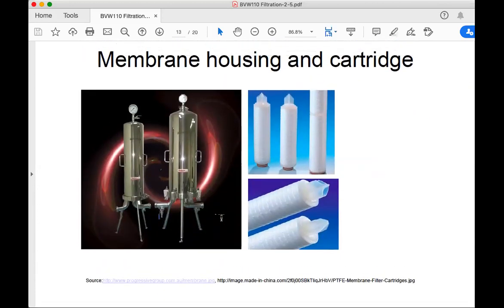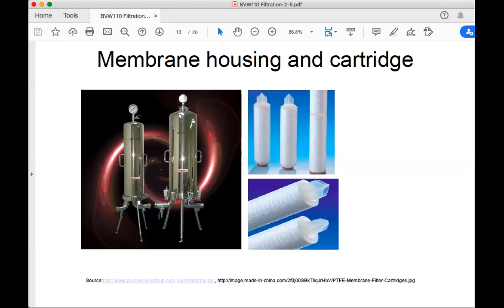Let's have a look at a couple of examples of membrane housings. Each of these housings on the left here might hold 2 or 3 of these cartridges shown here on the right. What we have here is a material that's spun very, very tightly around this bayonet that screws into the housing, and it's just the sheer surface area of filtration media is much greater. The quantity of pores is so much greater that they take a lot longer to block, and they block at a more consistent